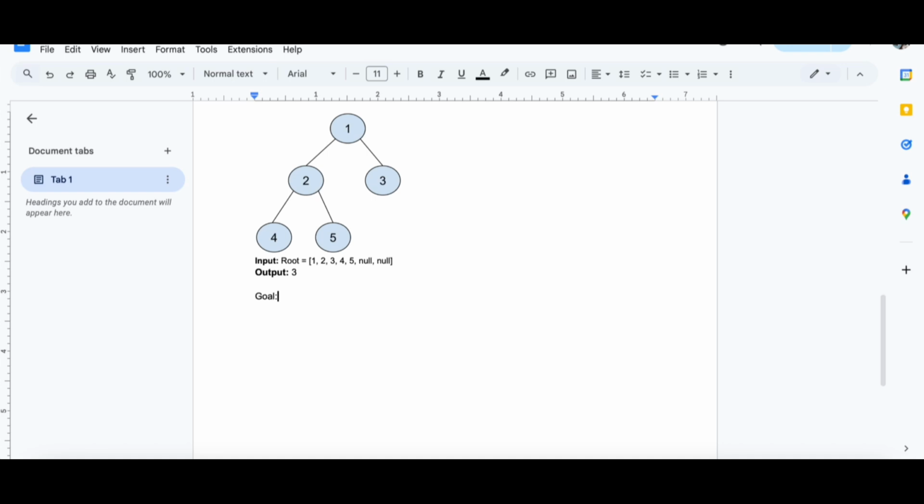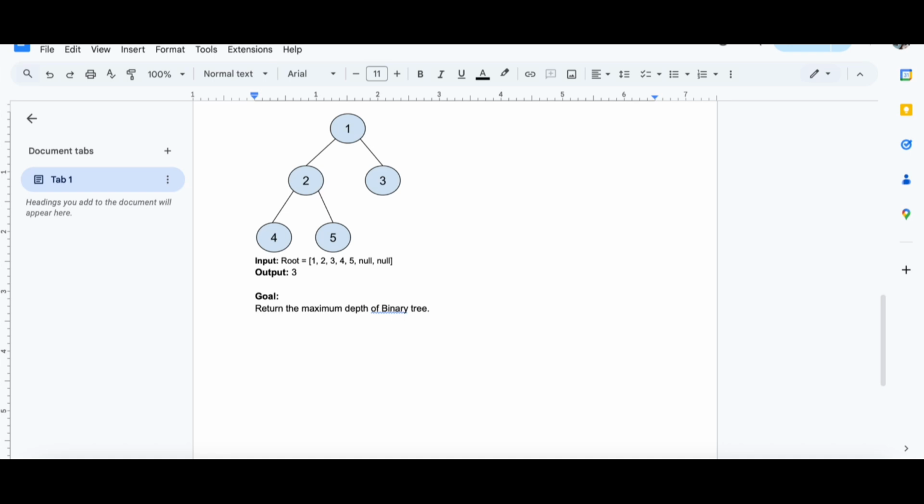Okay, so the goal is to return the maximum depth of the binary tree. That's the goal. Then how can we solve it?